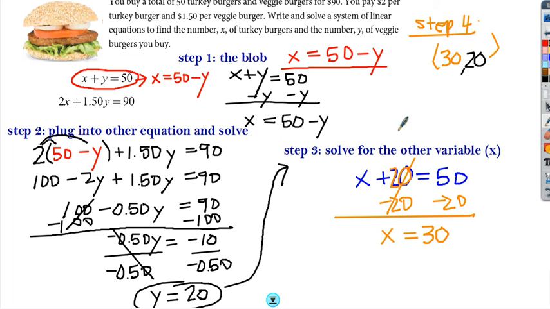Now, even though I found my x value and y value, this is a word problem. So we have to tell the reader what (30, 20) means. It's not just a random intersection point. There was a story behind this, right? So we need to write, because x is 30 and y is 20, and we don't know what x is, we don't know what y is. But from the story, we know that x is the number of turkey burgers. So basically, it means that you have 30 turkey burgers